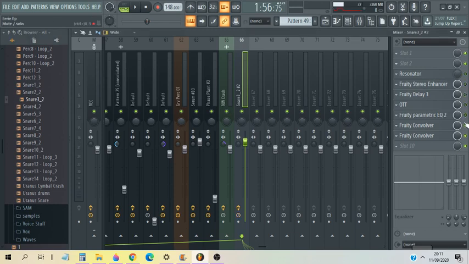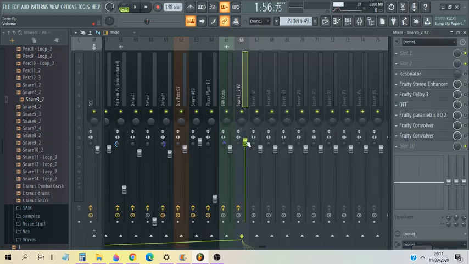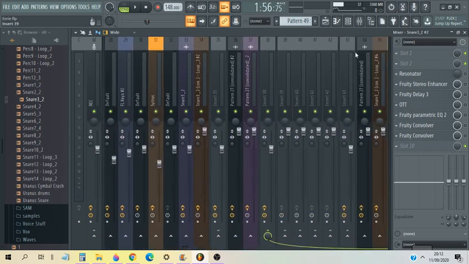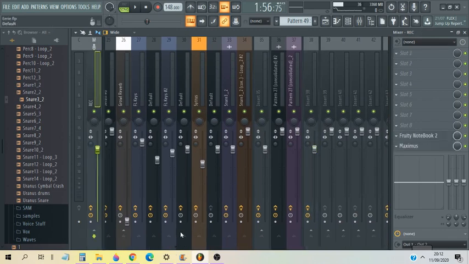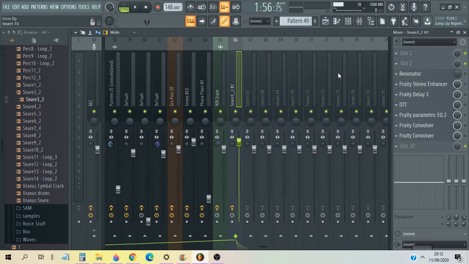If I turn off all the effects for a moment, it's still going to sound probably a little bit more powerful than usual, because first of all, the volume is obviously being increased here, but second of all, because it's going through compression, not in this track, but it sends it to a bus for compression for the drums, and then it sends it to the master, where the master compresses everything as well. So yeah, it's going to be compressed a little bit.